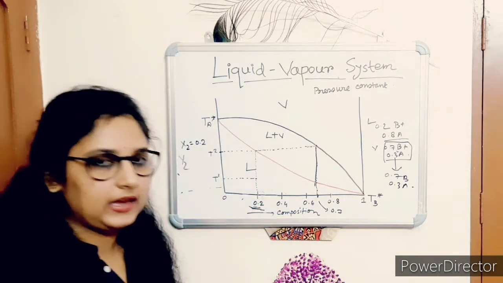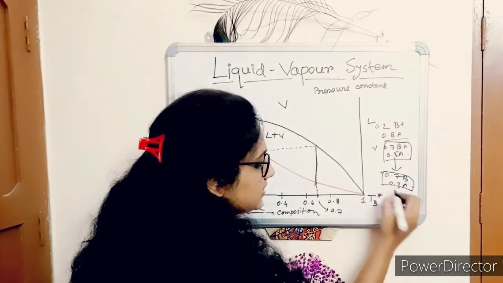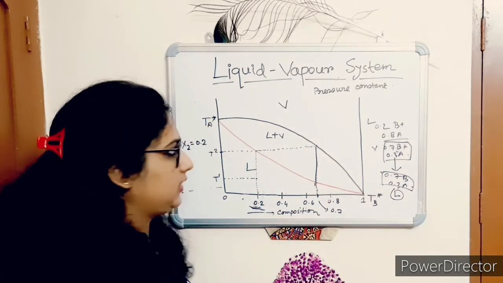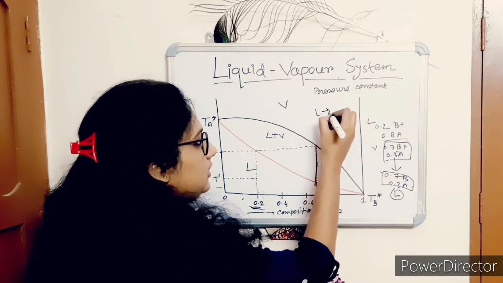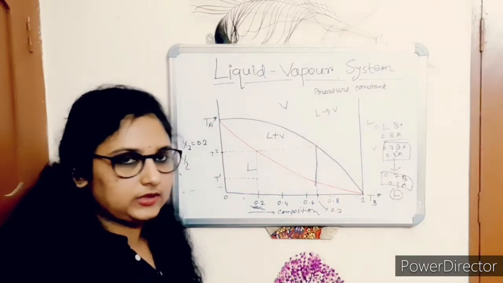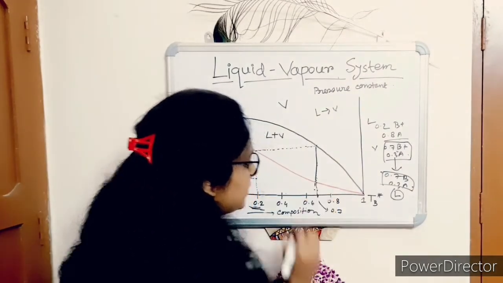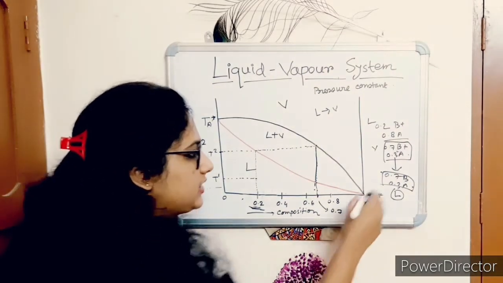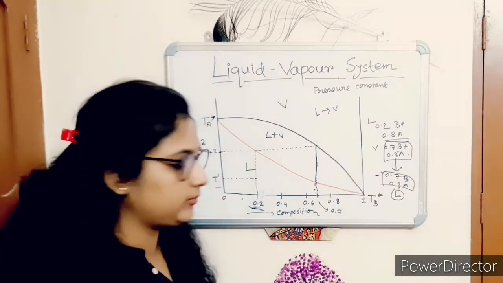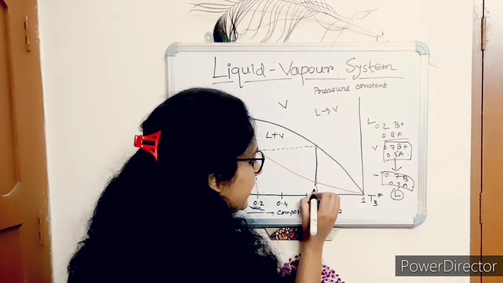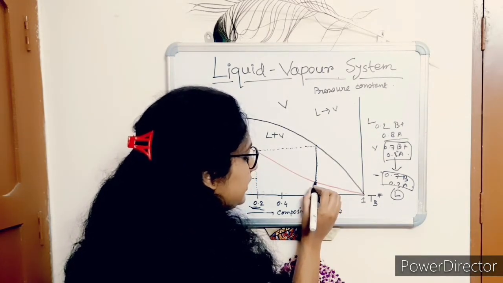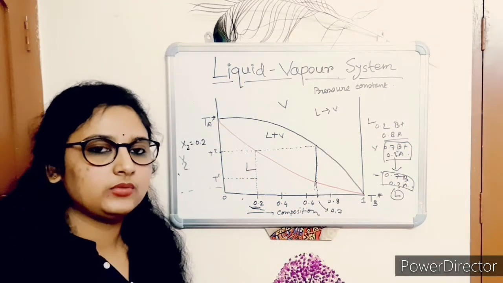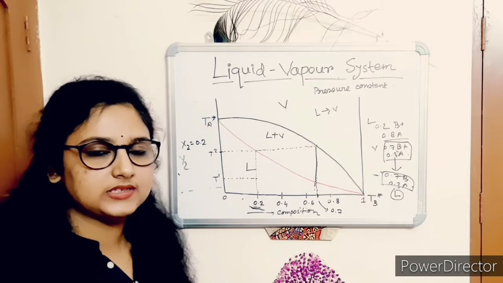Okay, then again this is now in the liquid state. Now again vaporize this liquid, from liquid to vapor, just by giving heat. Suppose this is a point, at this temperature you have the solution which has the composition like that. Now just vaporize it by giving heat. At this point you can get liquid and vapor again in the same system.